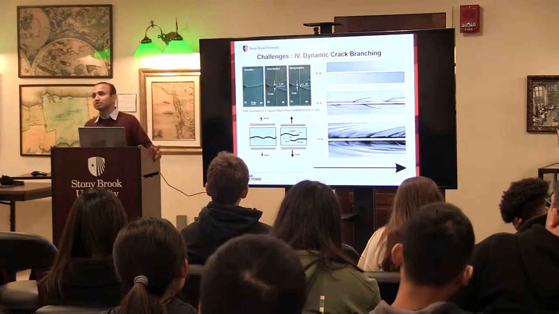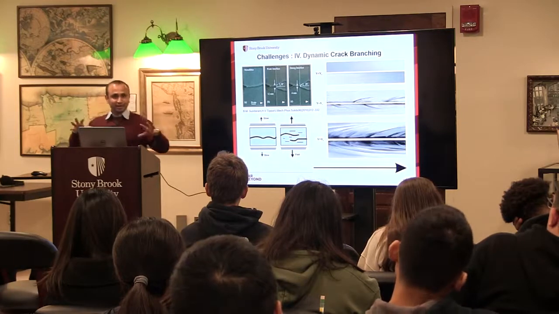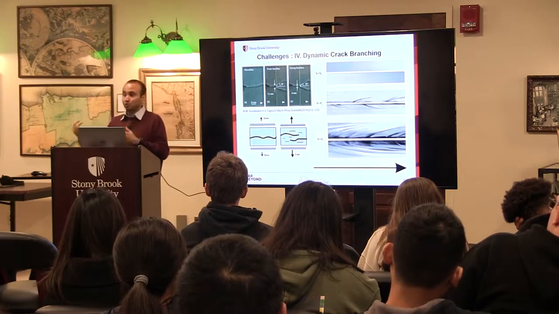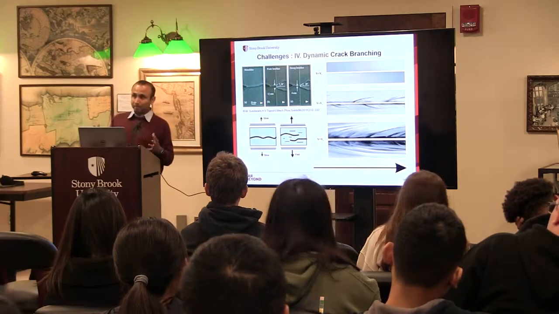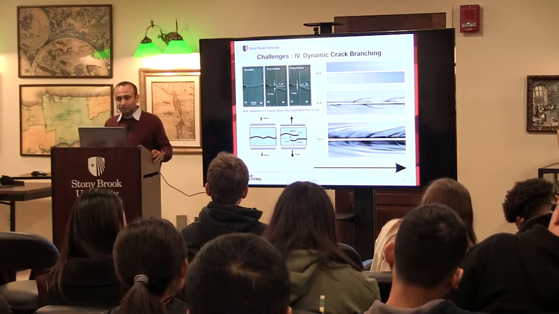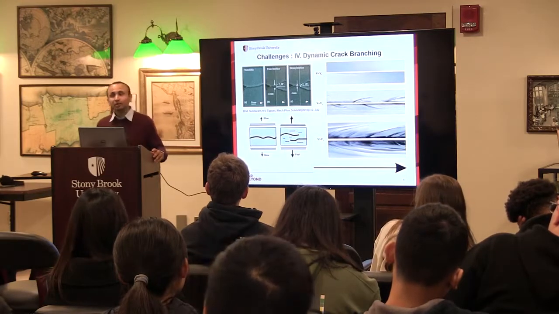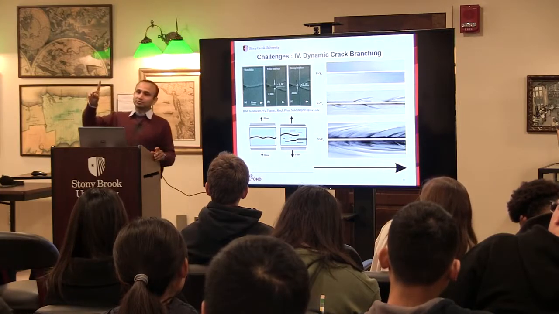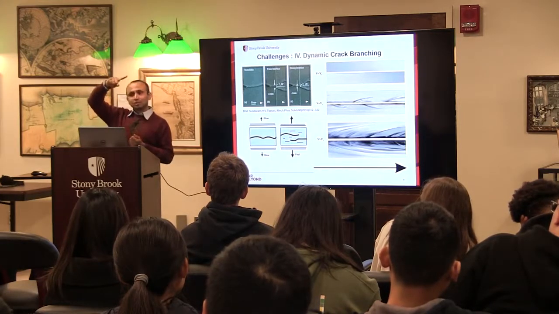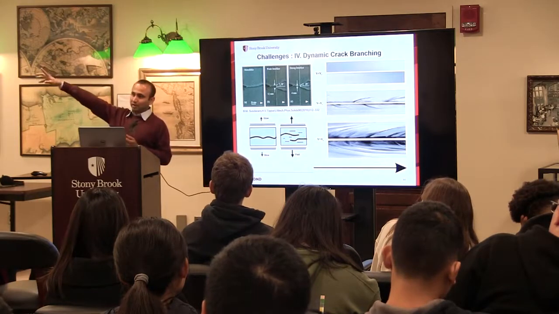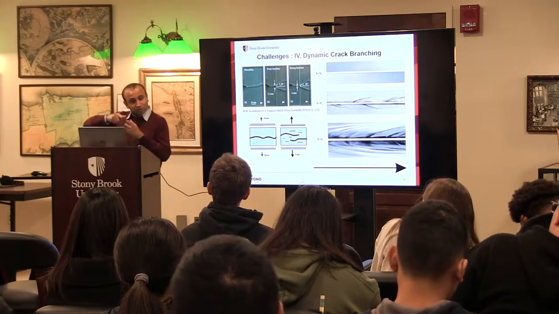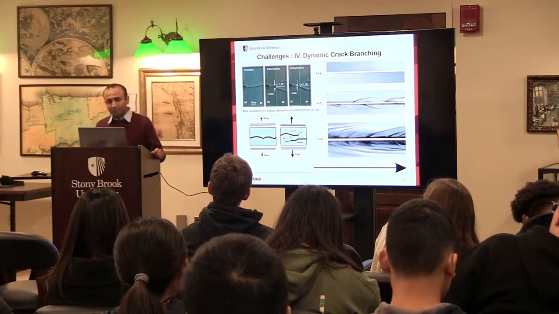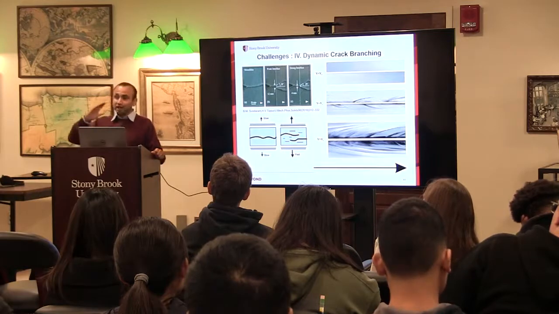And all these challenges are there for a crack which is growing slowly, static, and also for a crack which is growing fast or dynamic. But for dynamic cracks, there is another challenge, which is crack branching. Now, when you load something which has one crack very, very slowly, the one crack stays one crack and it grows as one crack. But as soon as you start making it faster and faster, the crack branches. In fact, for crack branching, you require high-speed loading.